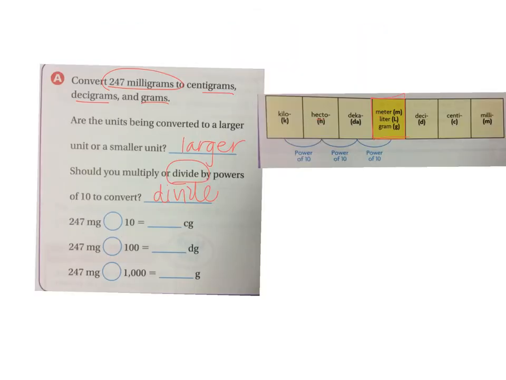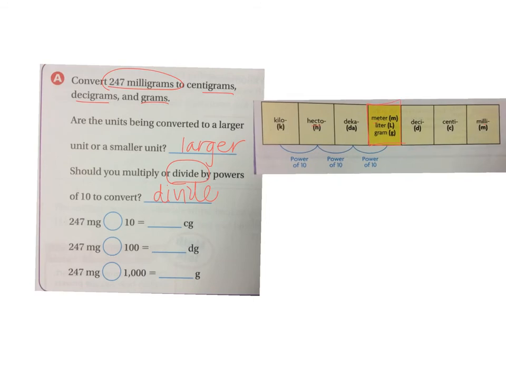Looking at this chart, we're now at milligrams, at this level right here, and we want to first change it to centigrams. That's only one spot to the left, which means it's 1 power of 10 larger. So I need to divide 247 by 10. We know that when we divide by 10, all we need to do is move the decimal point 1 spot to the left. So filling in the chart here, 247 divided by 10 is going to equal